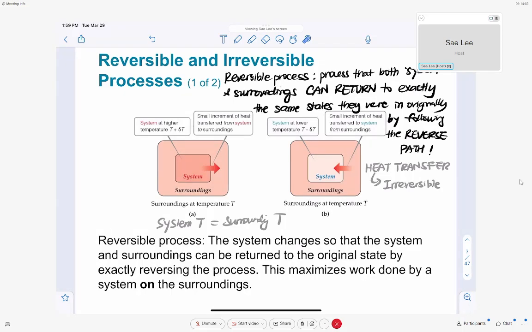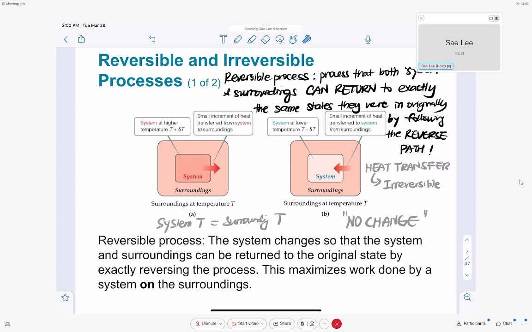Okay, so again, the definition of reversible process is a process that can be restored to original condition with no change to the surroundings, right? The key to the reversible process is no change, okay? But if you're changing a temperature, and the change in temperature is infinitesimally small, negligibly small, then it can be considered as no change, okay? So the